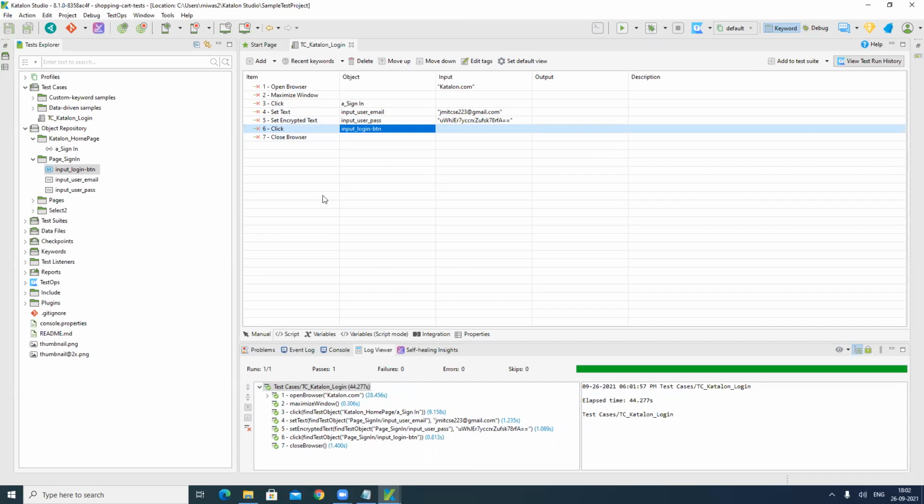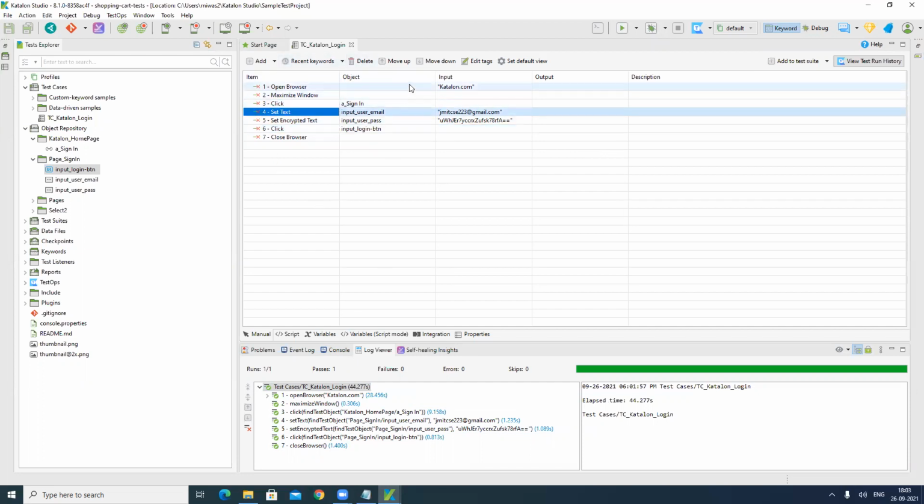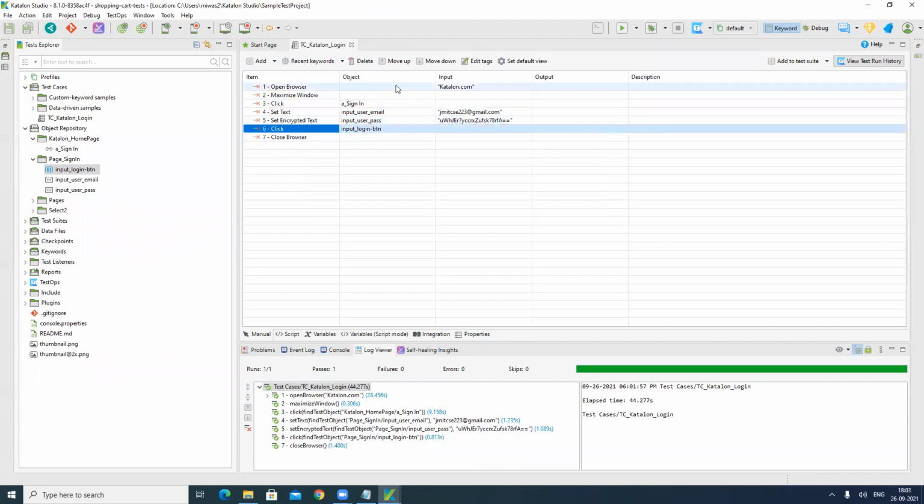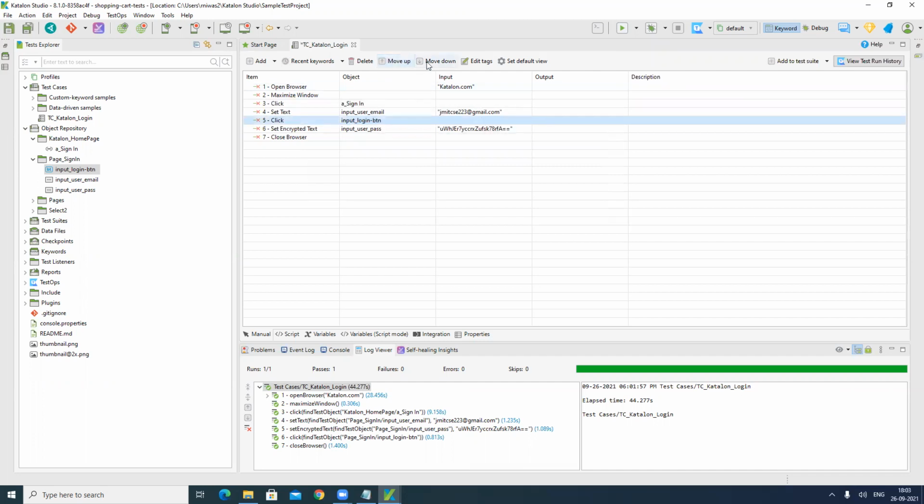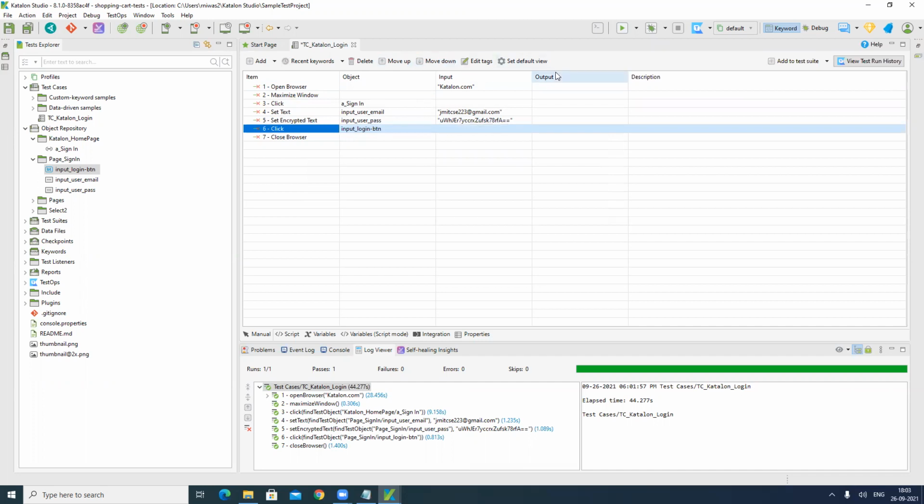So like this you can create your script in manual mode, and if you have used some recent keywords you can always refer to them, you don't need to search again and again. If you want to delete any row you can simply select and delete that row. If you want to move a row up or down to change the sequence, you can always do that.